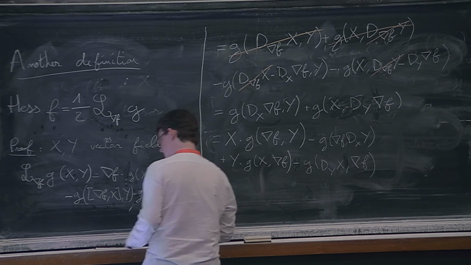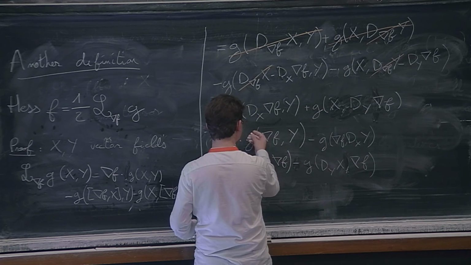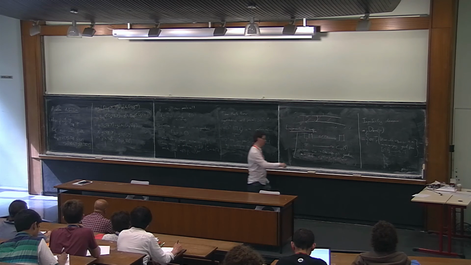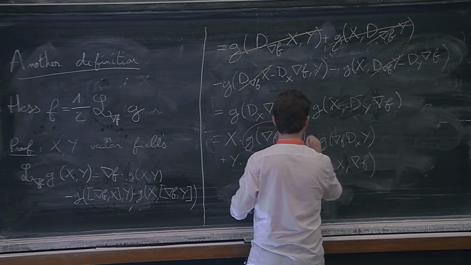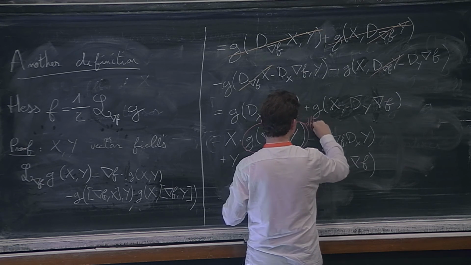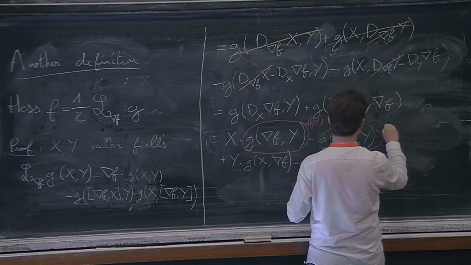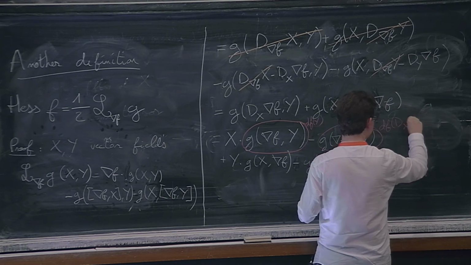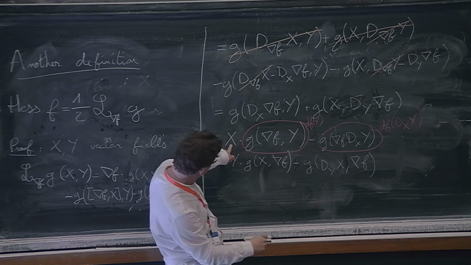Okay, so this is x dot, so this is df of y by definition of the gradient. This is df of dxy, and similarly. So what we get here is